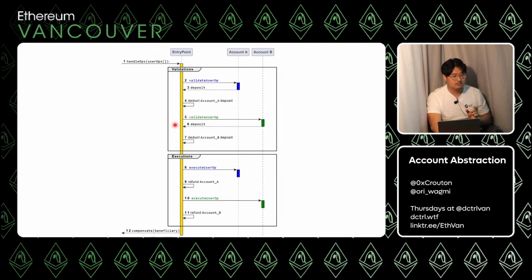It'll take the second user op from user B, call validateUserOp on smart account B, and then user B will send some ETH to the entry point because it's a good operation. The entry point will do some accounting to deduct that. Now both user ops have been validated. The signatures are good, the rules are good, everything's good there. The wallets are happy. Now it'll actually do the execution phase, so it'll loop through again and take the first user op.